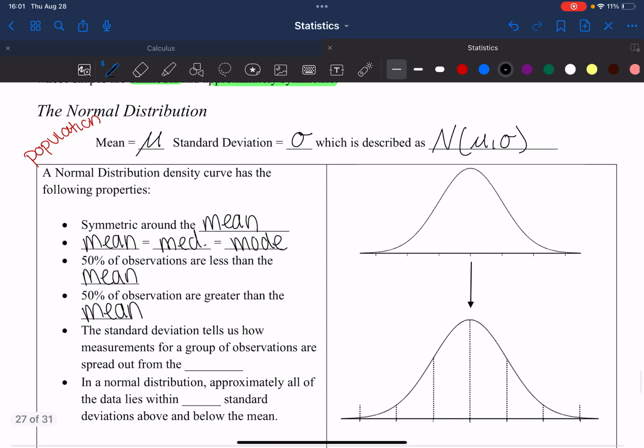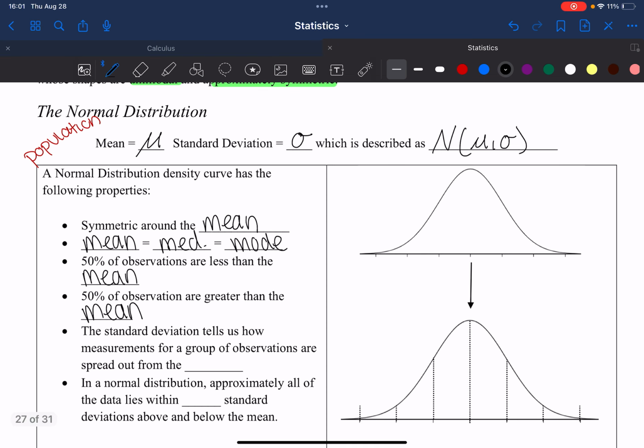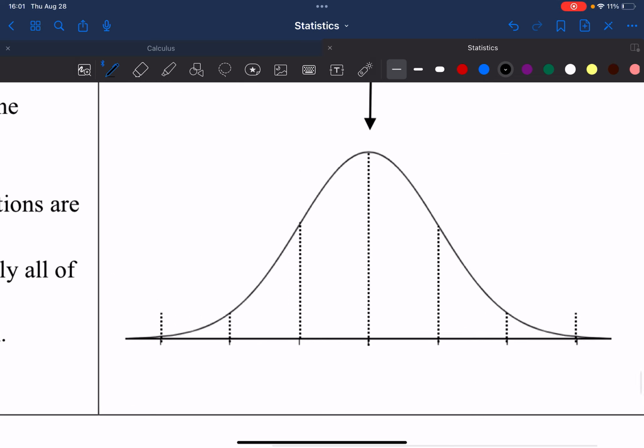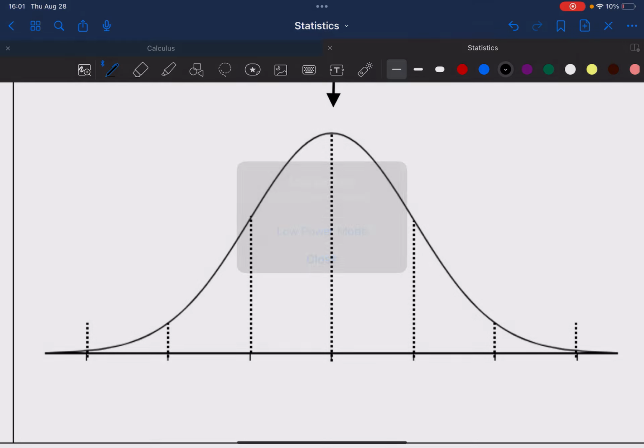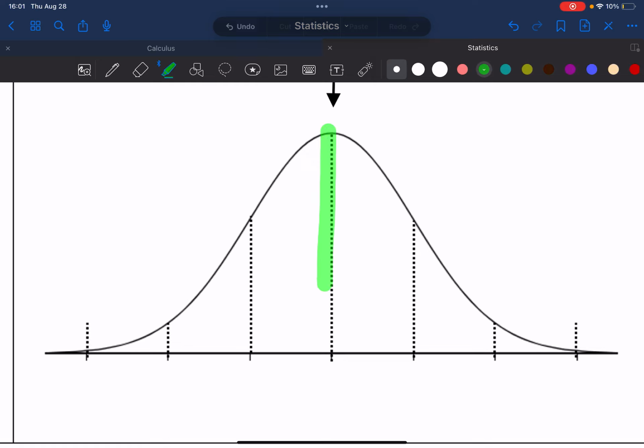Remember that standard deviation tells us how far things are from the mean, or how spread out. In a normal distribution, all data approximately lies within 3 standard deviations above and below the mean. So if we take a density curve like the one at the top, and we were to draw what that would look like in terms of the center and the standard deviations on either side,